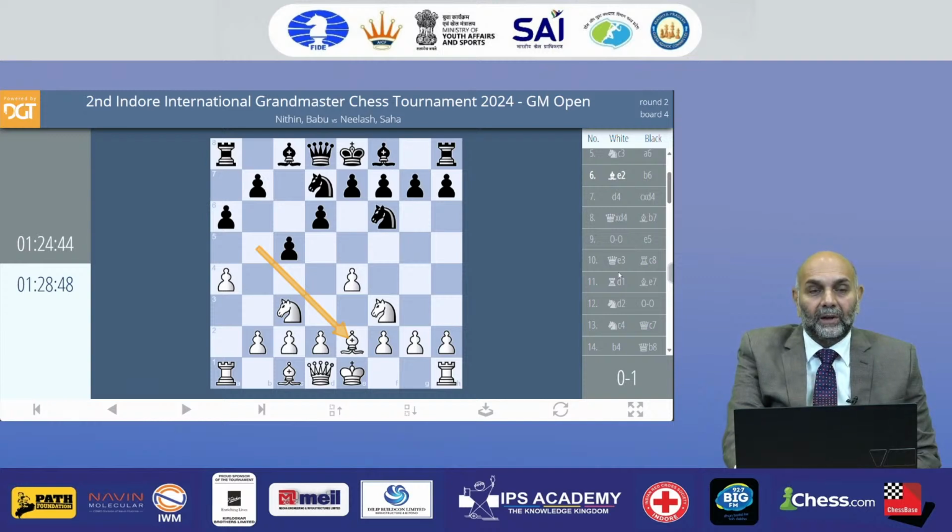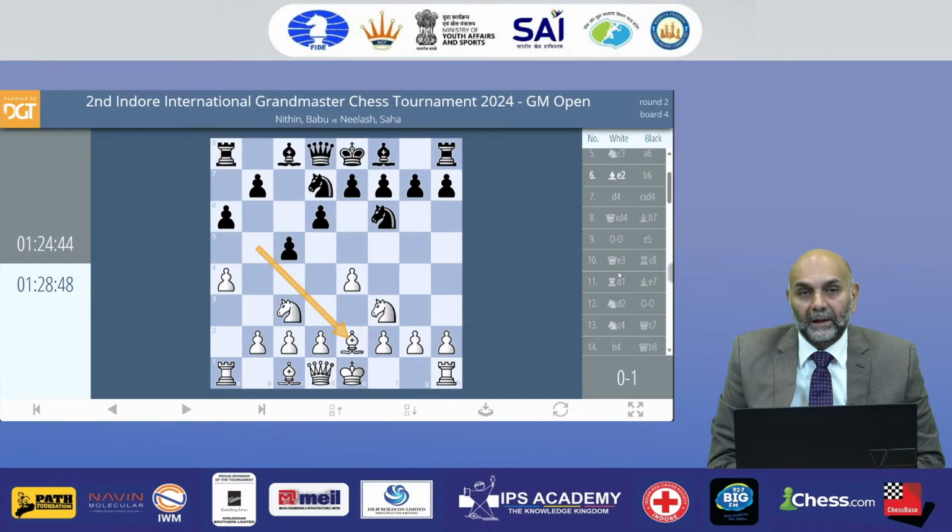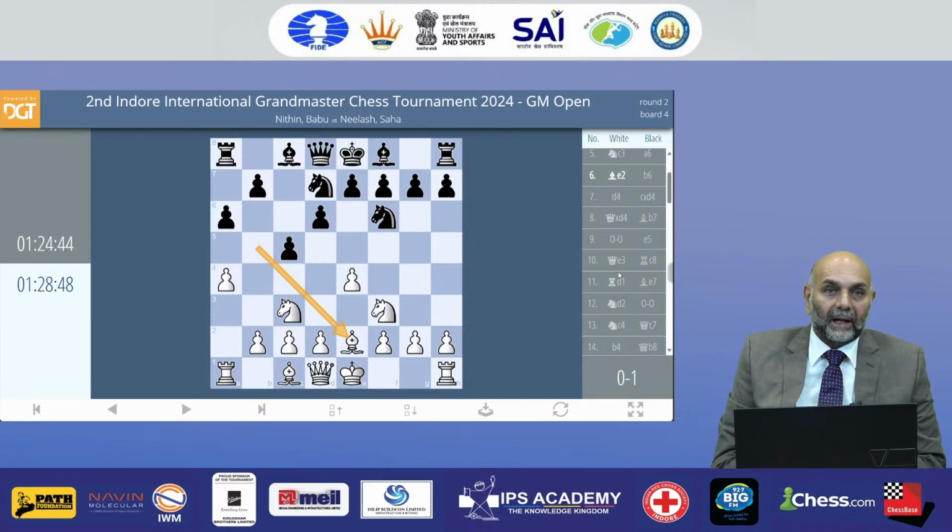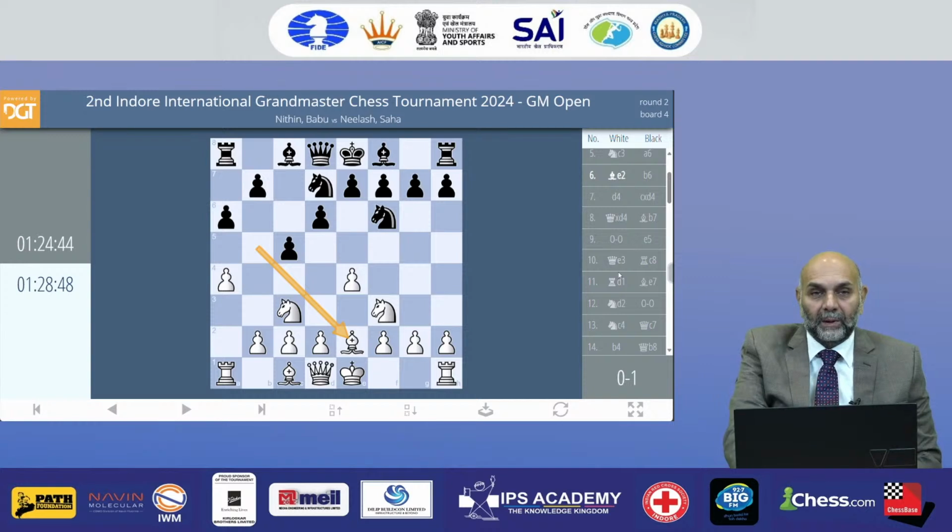Black is going to keep the position closed for some time so that white is not able to attack quickly, and then it's going to be a battle where black is trying to hit white's central pawn on e4, and white is going to try to advance and attack the king. This possibility is likely to occur after both players castle and white plays d4.